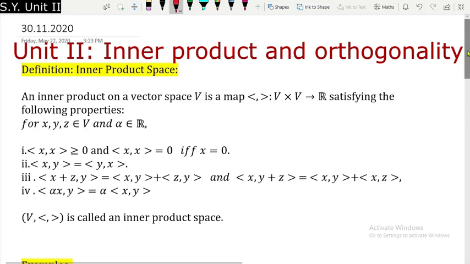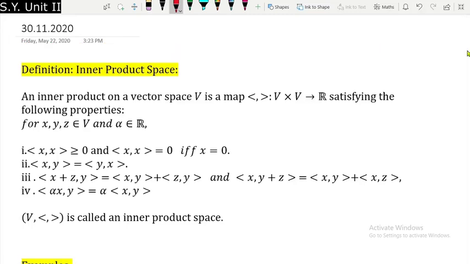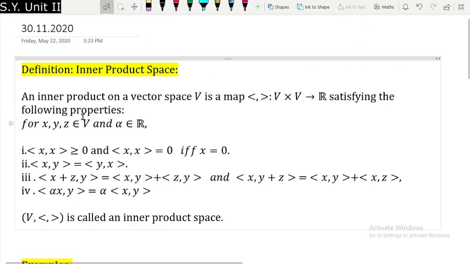Hello my dear students. So in this unit, first of all, let us see the definition of inner product space, and then we will move towards some examples of an inner product space. Now just remember that whatever inner product space we are discussing right now, over here we need a vector space, but in our syllabus we are taking vector space over R only. So whatever definition of inner product space is there, and whatever the vector space is involved in the inner product space,